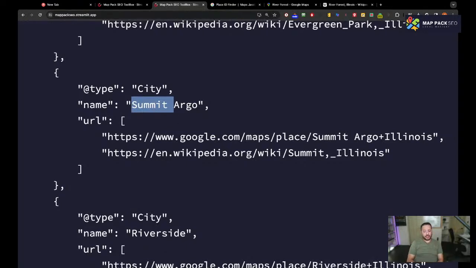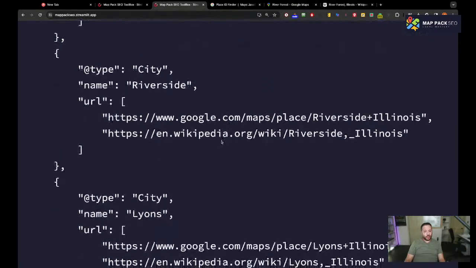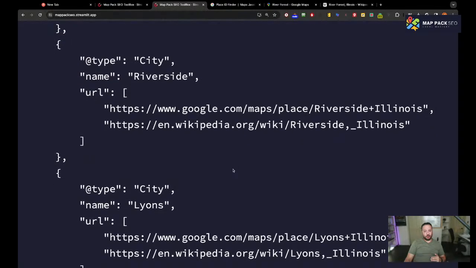I've been getting a lot of messages from people who started using it a month or 2 months ago, and they tell me, we're not doing anything, we're just putting your schema, and the proximity of the services is growing. So basically this works, guys. Schema does work. Yes, it's not a single ranking factor, and you're not going to be able to put it by itself and get on the map right away. As you see, guys, if you've been working in SEO, it's just a big puzzle. We have to work on every piece.